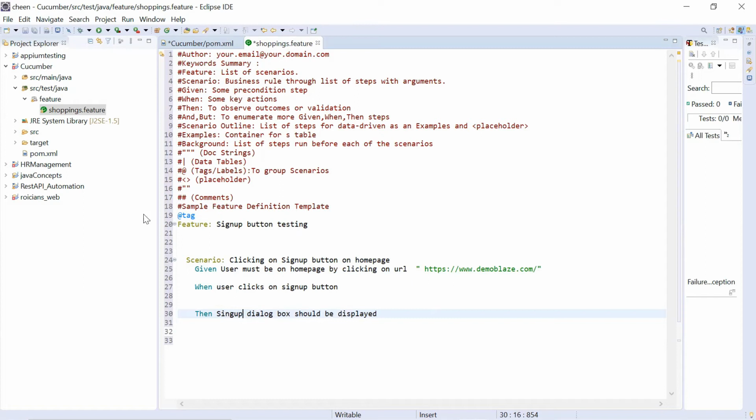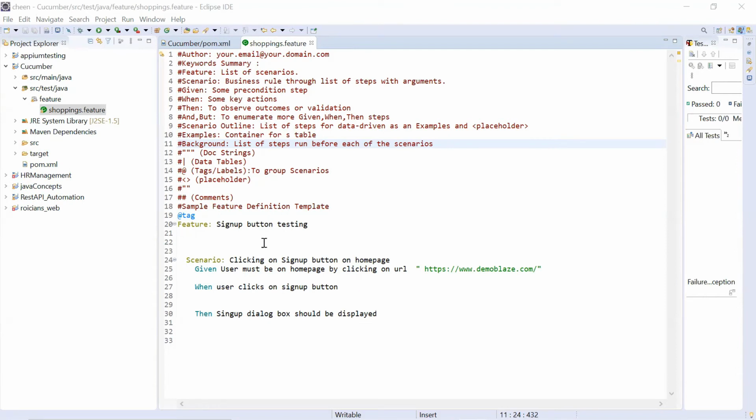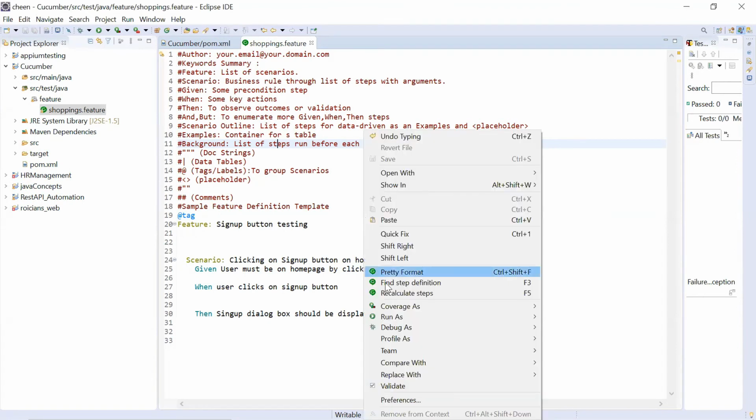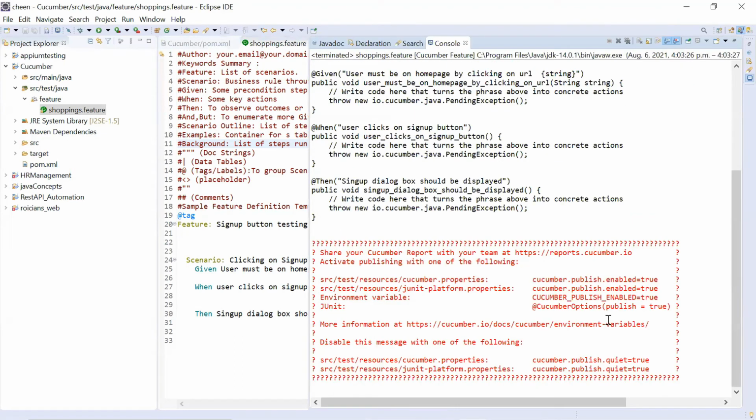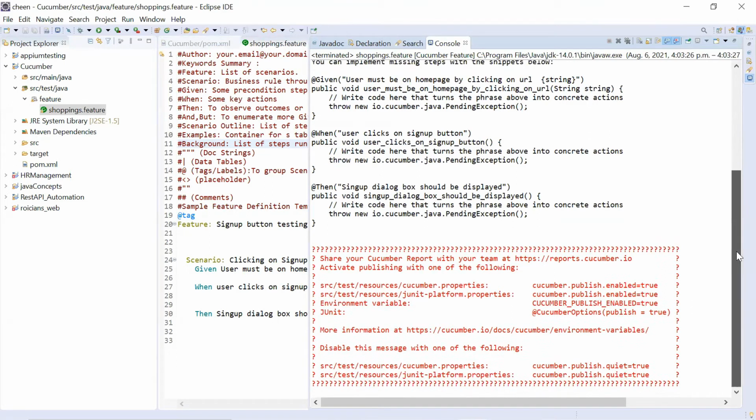First of all, we will execute this. What you need to do now is right click on it and run this feature file. So you can click on Run As Cucumber Feature. This got executed, and look at this. Yes, it will give you an error because there is no step for that. But if you scroll up,